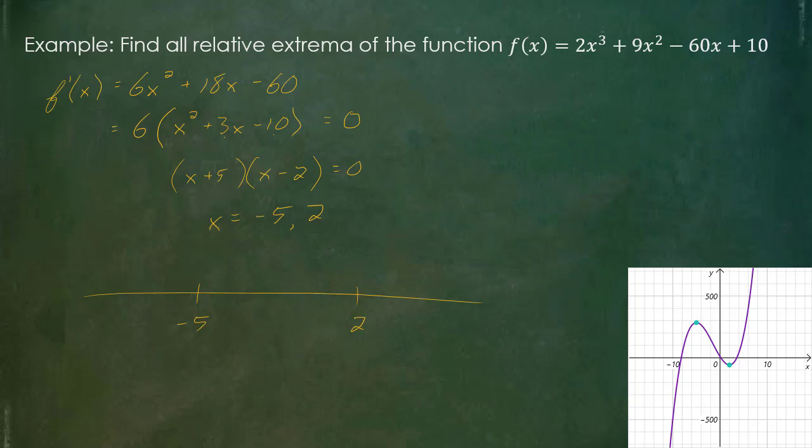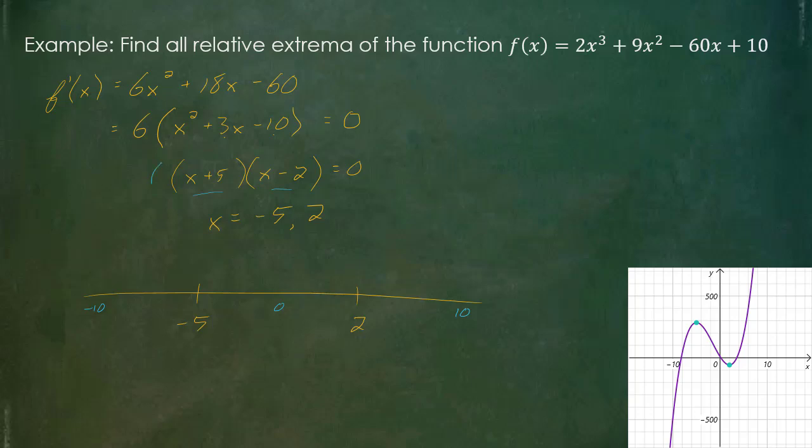We can really just identify where the increasing and decreasing is happening. That's going to be more what the useful part of this is. So if I go ahead and pick some numbers on each of these intervals, I'll test to the left of negative 5, maybe a number like negative 10. For the middle interval, I'll use 0 as my test value, and above 2, I think positive 10 should be safe. And I'm just going to use the two parentheses that I have, the factored form of my derivative here,